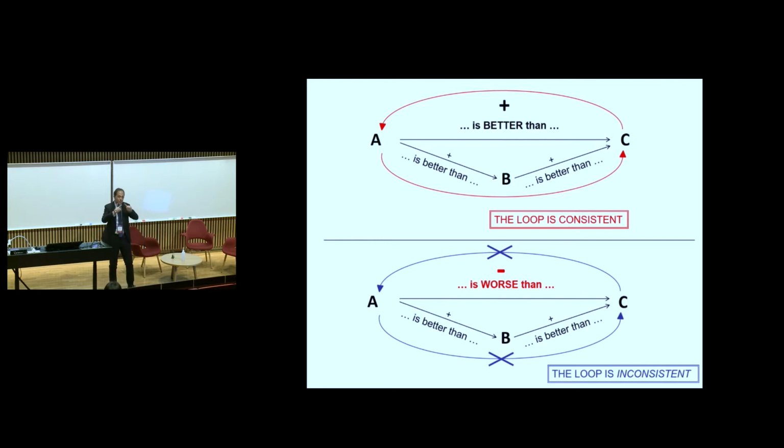Less than 10% of the loops in a network meta-analysis can be inconsistent by chance. If it's more than 10%, there's something wrong with the data. Okay? So this is why it's crucial when you read a network meta-analysis to go to the results section and see whether the authors describe the inconsistency, because otherwise you don't have an element to judge whether the network meta-analysis